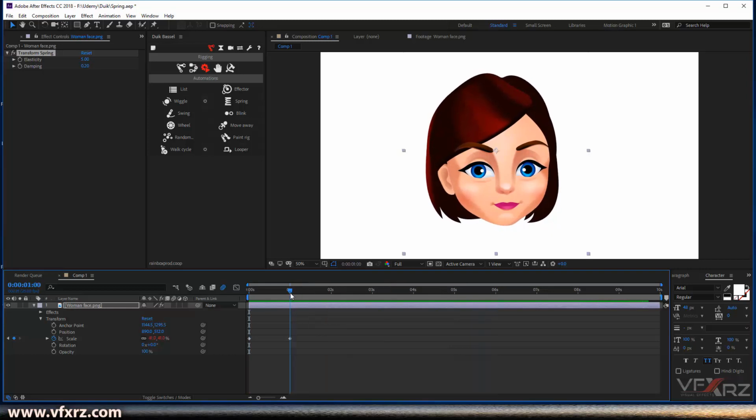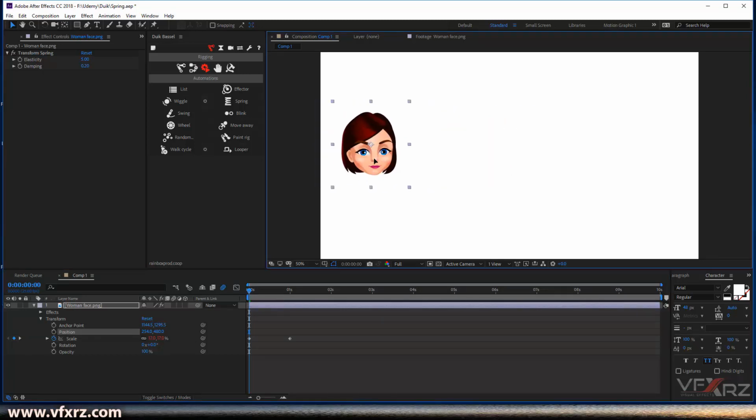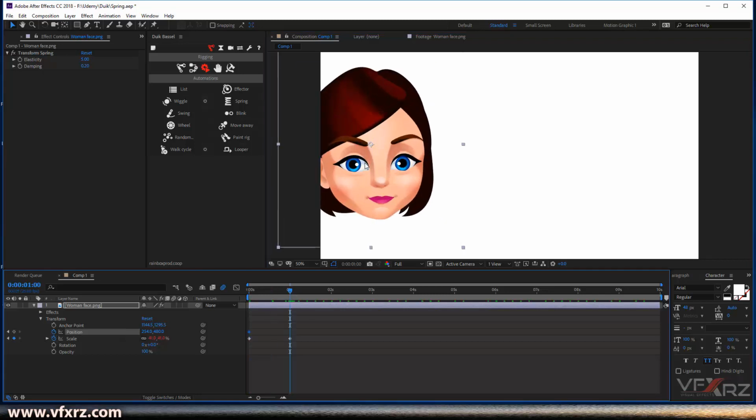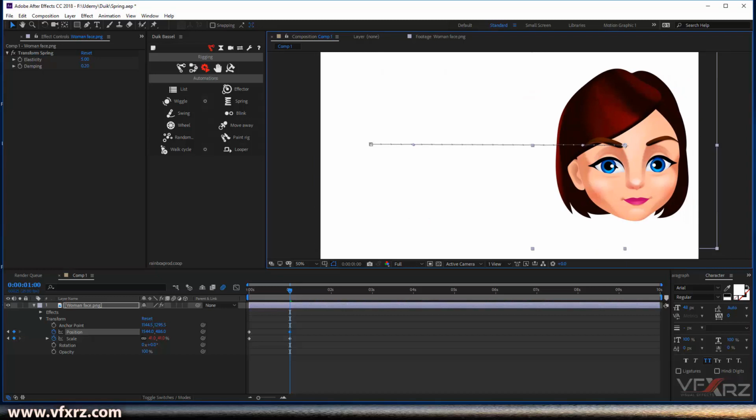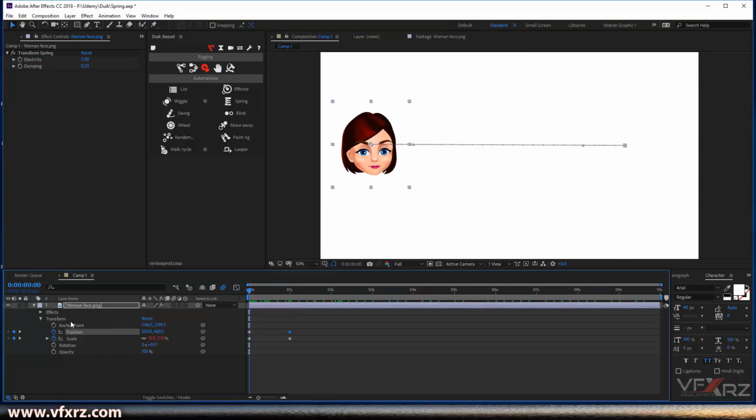You can use this spring for other properties, for example, for position. If you want, just change position, for example from here, add a position to here. Now when we select position and again click on spring,